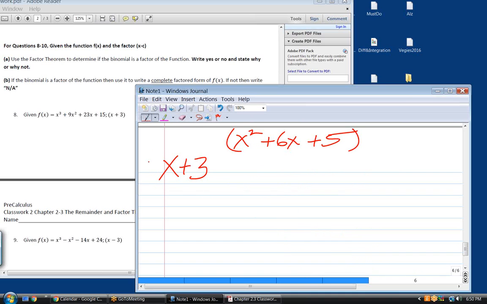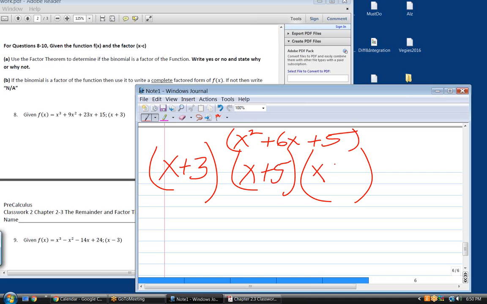So factor that quadratic. x plus 3, x plus 5, and x plus 1. Those are your three. That's completely factored when it says complete factored form. You factored it down to three